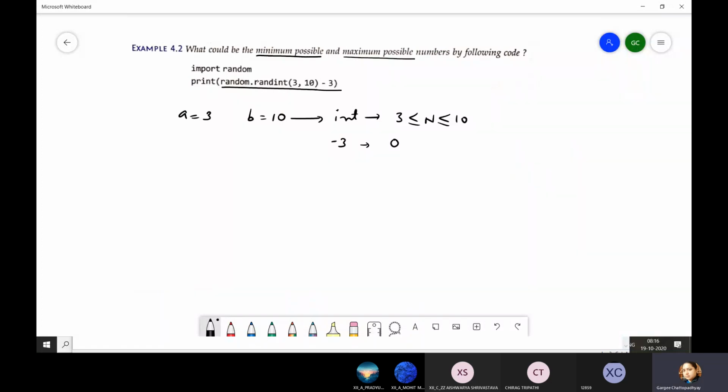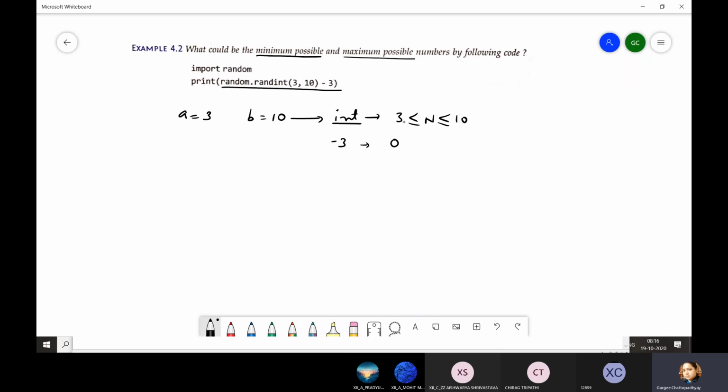So here randint function, I'll repeat what I said. Randint function generates any random number within a particular range, but the upper limit is included and the number returned is of integer type. So here because 3 and 10 is given, 3 is A and 10 is B. So 3 is the lowest value, 10 is the highest value. But after this we have a minus 3.